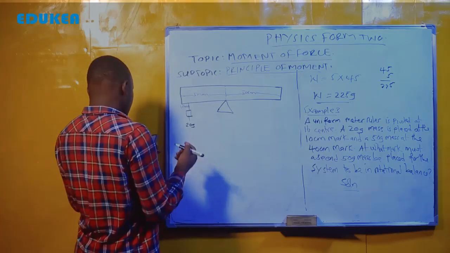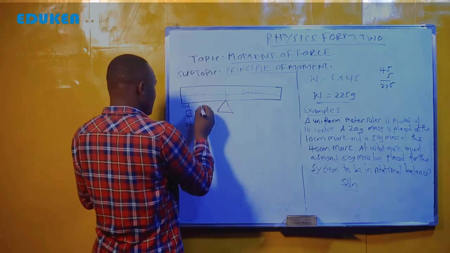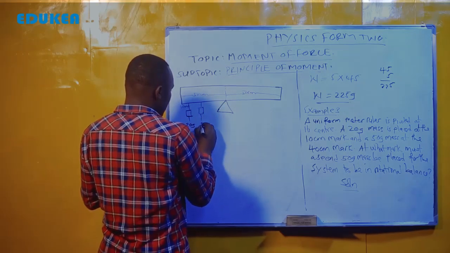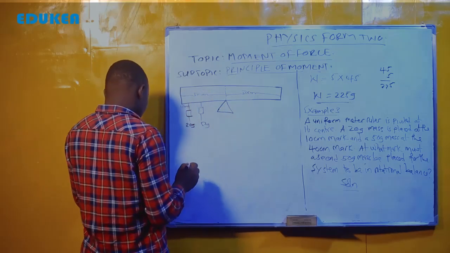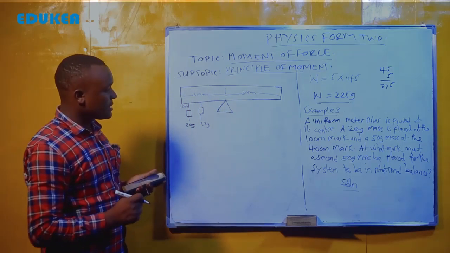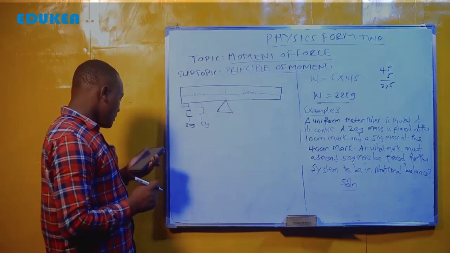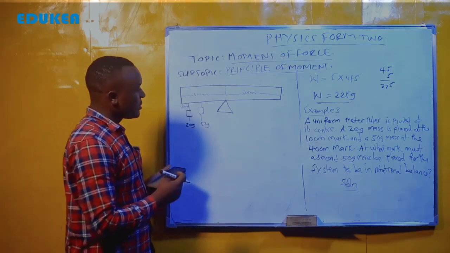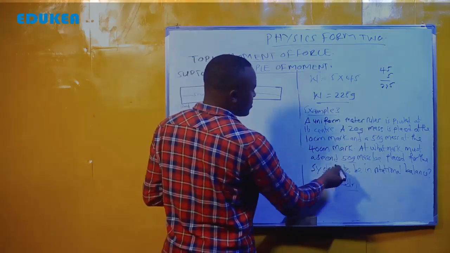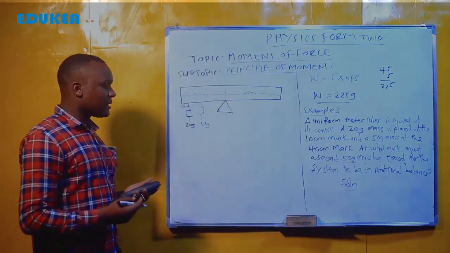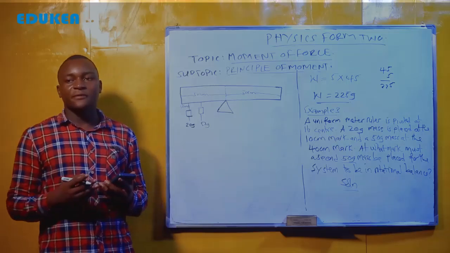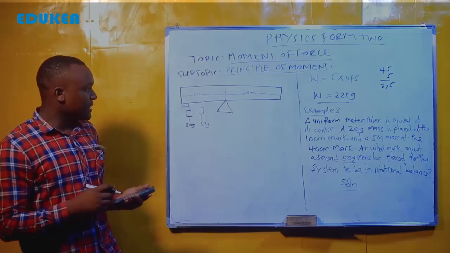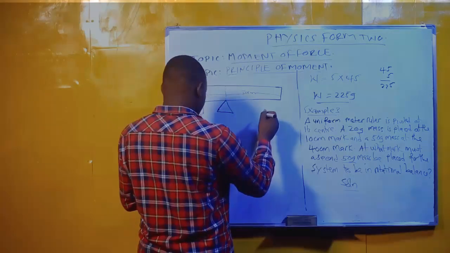So another mass, 50 gram, is placed at 40 centimeter. You are being asked that the second mass, which is 50, how far it will be placed from the center of your meter ruler. So assume you have a 50 mass